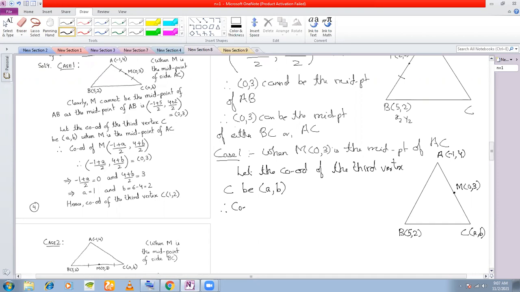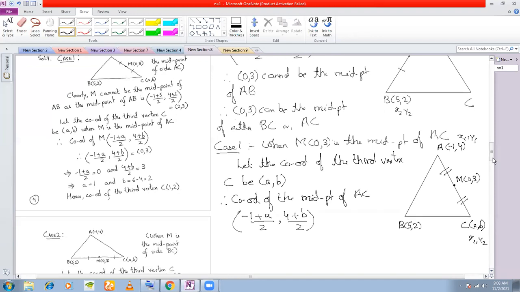Therefore, coordinates of the midpoint of AC. And here the midpoint is given, so we'll just make this symbol that AM is equal to MC. Coordinates of the midpoint of AC in terms of a and b. If you consider this A vertex as your x1, y1, and if you consider this as your x2, y2, then the midpoint will be (-1 plus a)/2, and this will be (4 plus b)/2,